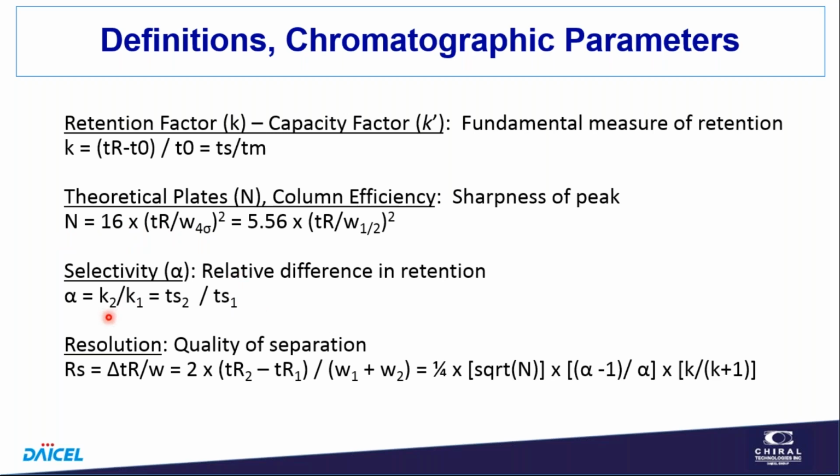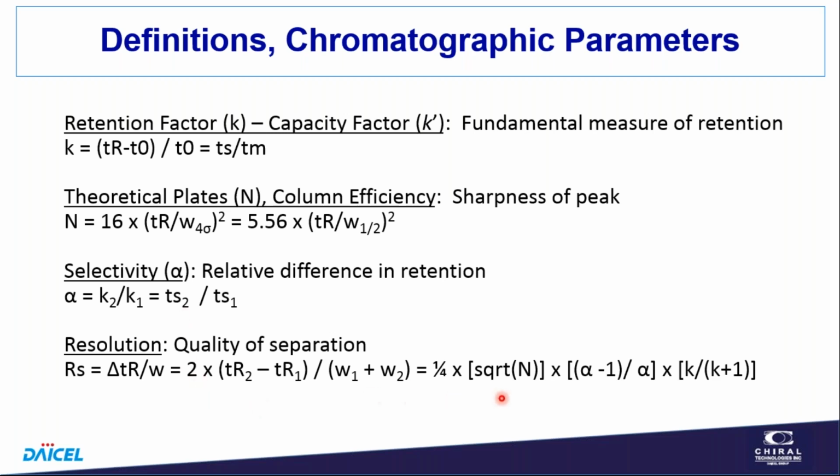Selectivity is defined as a ratio of the retention factors, but everything spends the same amount of time in the mobile phase. It's just the retentions that determine how much time it spends in the stationary phase. So this is just a ratio of the time the two analytes spend in the stationary phase. If they spend an identical amount of time in the stationary phase, they'll co-elute, giving an alpha of 1. If they spend a different time in the stationary phase, it'll be some number related to that ratio. So if one of them spends twice as much time in the stationary phase as the other one, you'll have a selectivity of 2.